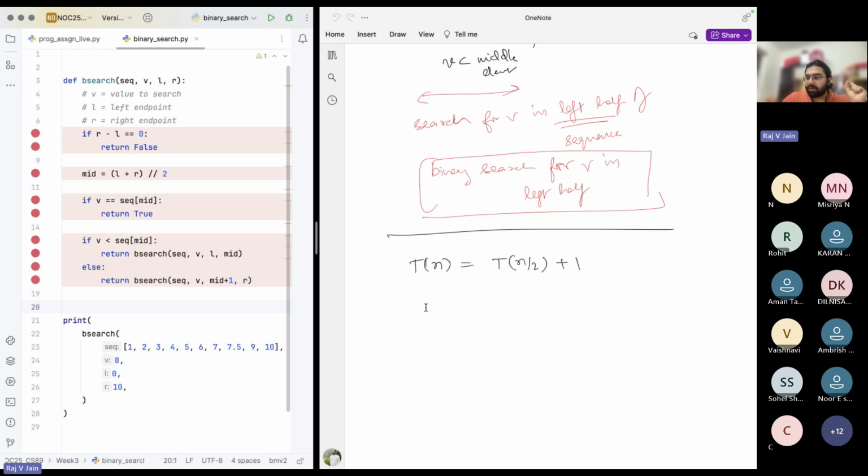And then you can keep on expanding this over and over, and what you will see is you will end up writing something like this,